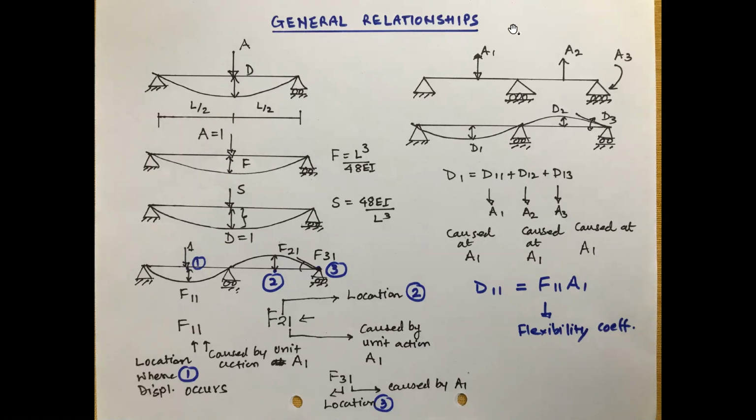So what I am trying to say to you is, please keep in mind that the location is important where we want to generate the flexibility coefficient. So in the first case, where I have applied load A1 and where I am interested in finding deflection, I have shown here the flexibility coefficient which can be generated, because, according to the definition I just gave, flexibility is nothing but the deflection produced because of the unit applied load.